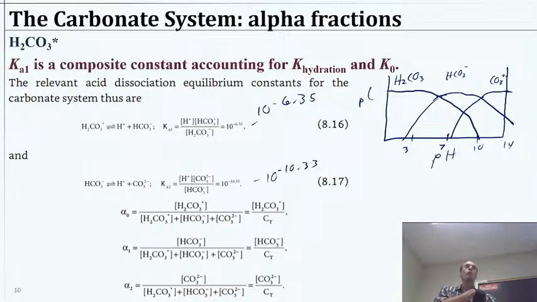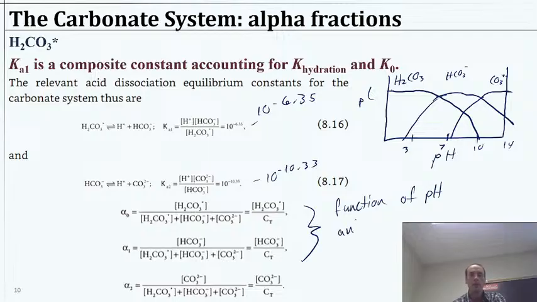Now, in the past, one thing we've done with the alpha fractions is we've derived these as a function of pH and the K values. So we can do that here. I'm going to skip the derivation for all of our sakes, but we could derive it. It's algebra, right? We could say, okay, well,